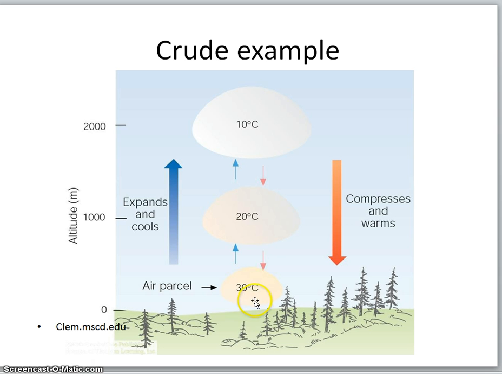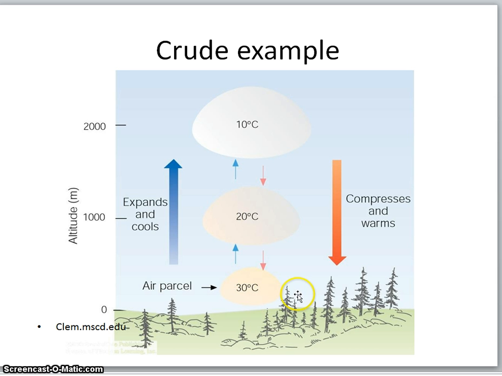So here's an easy way to look at it, where we've got an air parcel at the ground, 30 degrees Celsius, goes up 1,000 meters, and we're using, in this case, just the dry. So 10 degrees Celsius per 1,000 meters is what it's going to drop. So go from 30 to 20, go up another 1,000 meters, it drops to 10. Now let's say for this example that the dew point is 20 degrees Celsius. So once you go from the air parcel to the surface, you drop it 10 degrees dry,